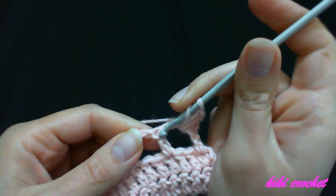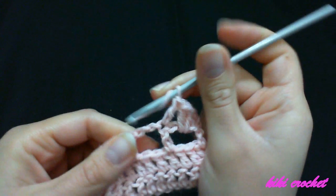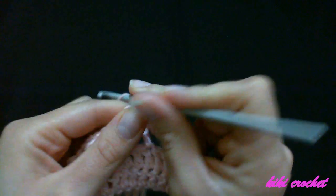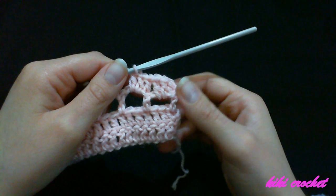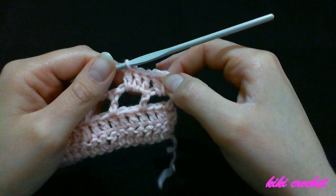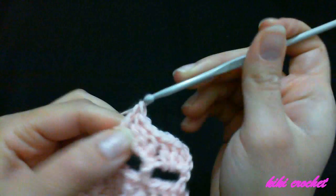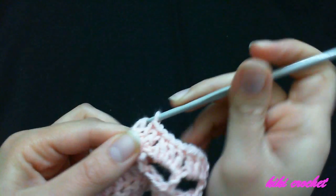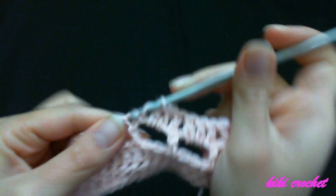So that was my third stitch. Make a double crochet on top of the double crochet, 4, make 2 double crochet in the chain 2 space, 5, 6, make a double crochet on top of the double crochet, 7, 8, 9 in the chain 2 space, 10 on top of the double crochet,